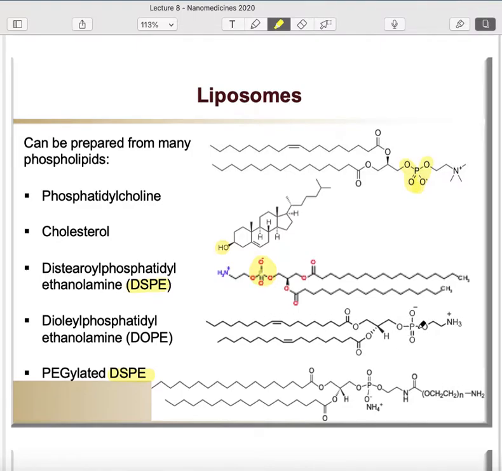So again, hydrophobic, hydrophilic, hydrophobic, hydrophilic. Now, looking at the two DSPEs, one of them is not pegylated, yet it has a primary amine group that you could utilize to include a targeting agent, or maybe to modify the liposome after the liposome has been fabricated. But similarly, you could utilize pegylated DSPE that already contains a polyethylene glycol chain. And so when you mix these two together, you would end up with a liposome that would already be pegylated